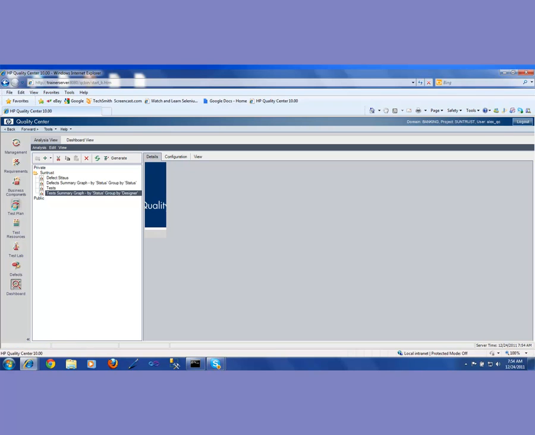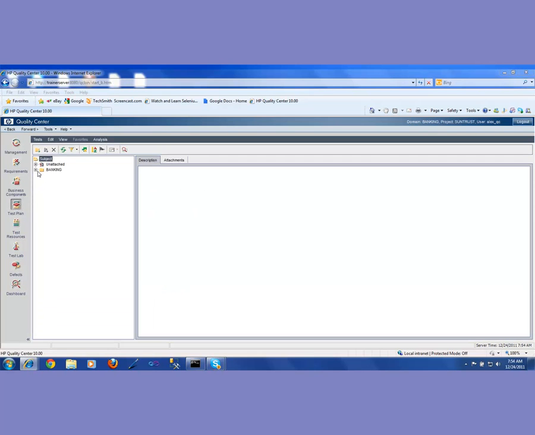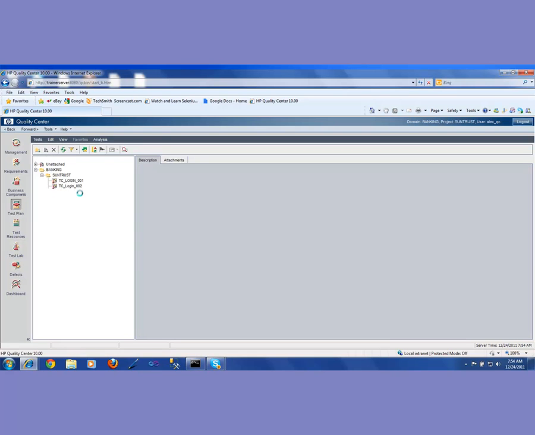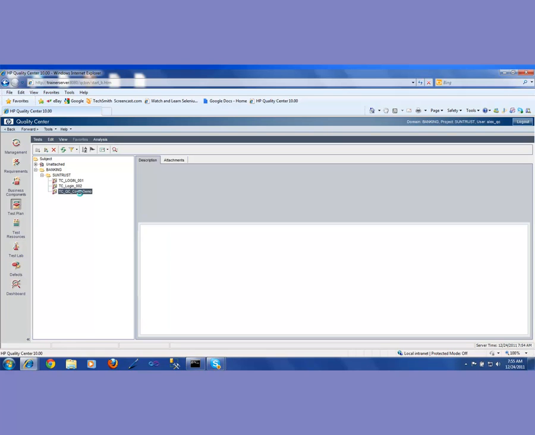Under that SunTrust, or rather the test lab, under that I have banking, and under that I have SunTrust. And as you can see here, the TC QC connection demo, I can see it here, right? And when I click on that, it gives me basically